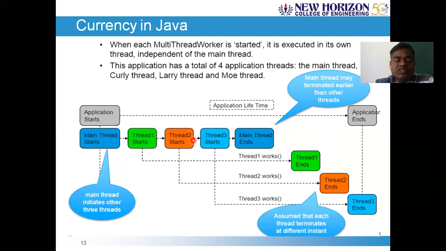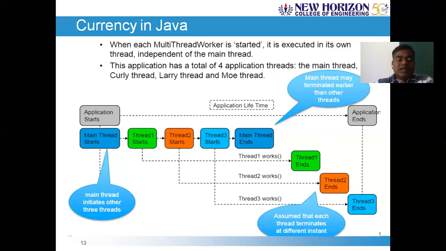First come first serve means thread 1 comes first, followed by 2, followed by 3, so give a chance to 1, then 2, then 3, and so on. Priority means that among the three, as a programmer, I will fix a specific thread to be completed first because I have a constraint saying it is much more important compared to the others.